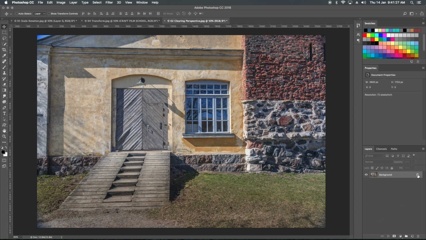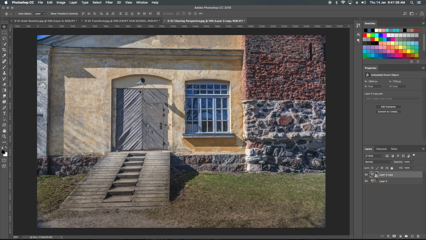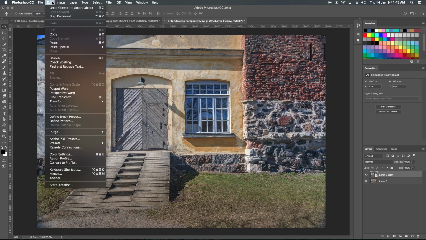First of all I click this one, I'll duplicate this one, and I change this to a smart object. Okay, image, layer, smart object, convert to smart object. And this time I'll go to Edit, and this time going to Free Transform. What I'll do is the perspective warp.